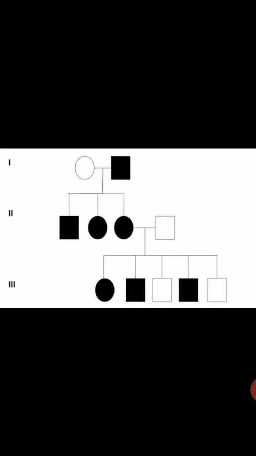For being dominant, one of the parents must have that trait. Second, affected parents can have unaffected children. And third thing, remember, it does not skip any generation. So in this pedigree chart, we can say heterozygous condition is there, male is affected. Second thing, it does not skip any generation. It is present in all three generations. Here you can see males and females both are affected. So by these clues, we can identify it as autosomal dominant.